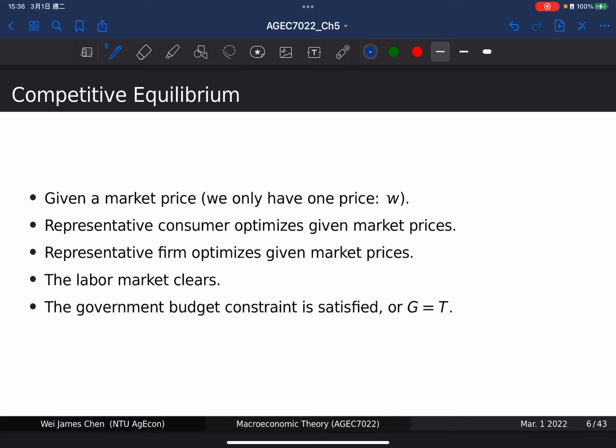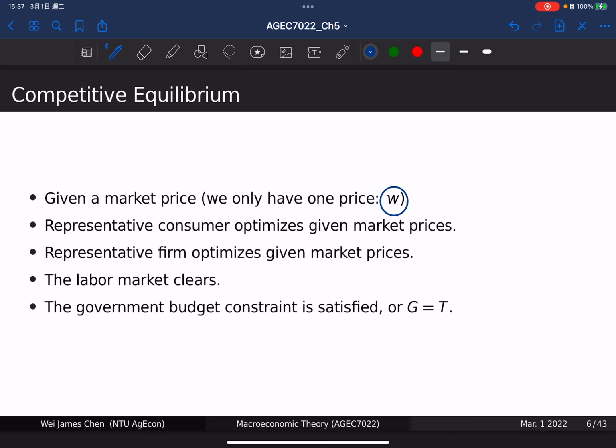So what is a competitive equilibrium? A competitive equilibrium must take a price first. Here we only have one market that has demand and supply, and that's the labor market. In the labor market, what is the price? The wage rate is the price. So we only have one price, that's W. So given some price W,